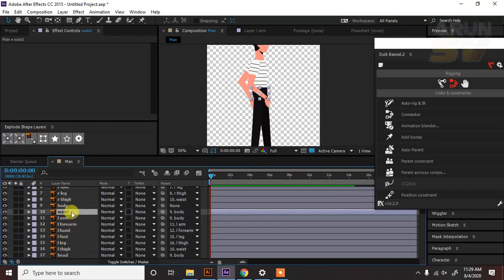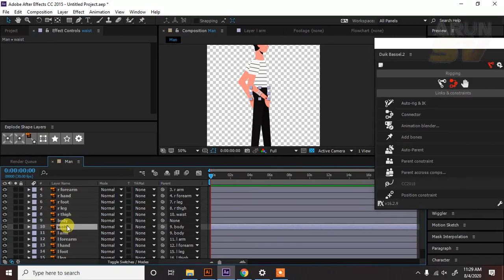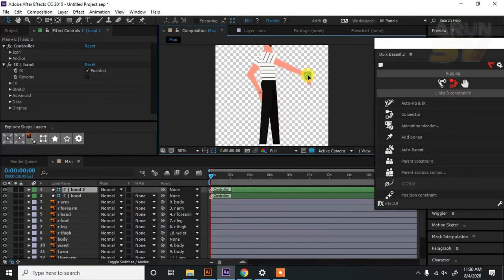Place it accordingly. The body and the waist layers should be in the middle of the layers. Then we get the rig for hands.